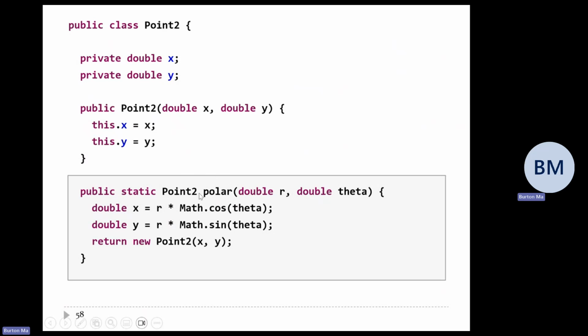Implementing the method is easy. You calculate the coordinates of the point: r times cos theta, r times sine theta. Now it's a factory method, so it has to return a new point. So you just make a new point and return it: return new Point2 x, y, and away you go. And that solves our problem of